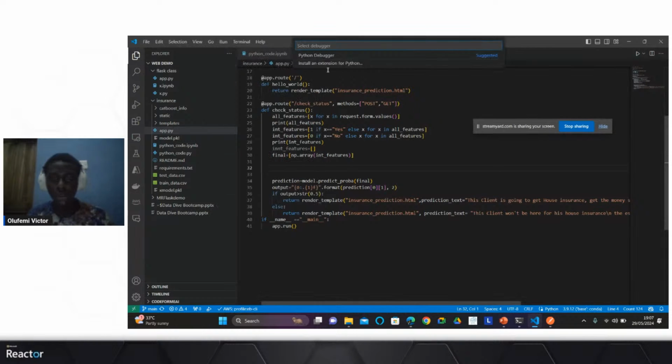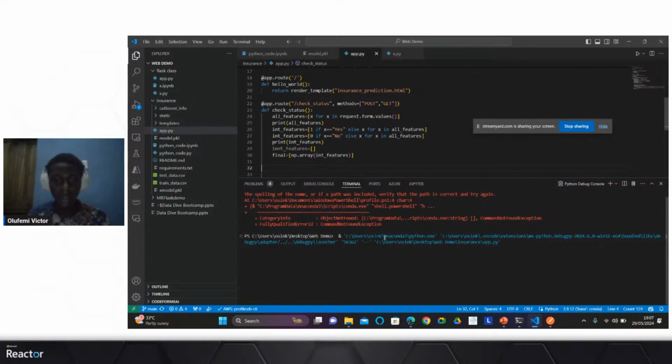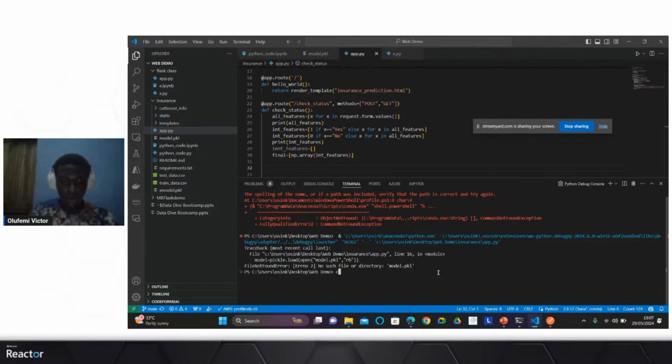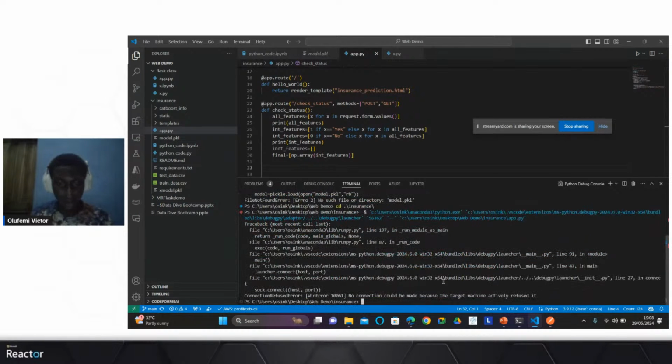So enough talk, let's see what's actually there. So I'm going to run without debugging. So let's just run the Python debugger and let's see. Oh, okay. So I need to change into the insurance directory. So let me cd into insurance and then run this code here. Oh, okay. All right.